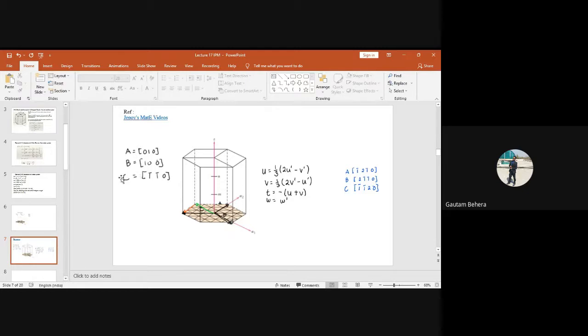Similarly, what is the C? So this is somewhat critical now. So this is the C. It is somewhat critical because in the three index system we have the A1, A2, and Z only, but this is the new axis right now. So what is the C now? If you want to move to the C, you have to look into how much magnitude you have to move in the A1 direction, how much magnitude you have to move in A2 and Z, right? But in the Z, we do not have to move because this is in this plane only. In this direction, there is no movement, so we can neglect the Z. Z will be 0 anyhow, right?